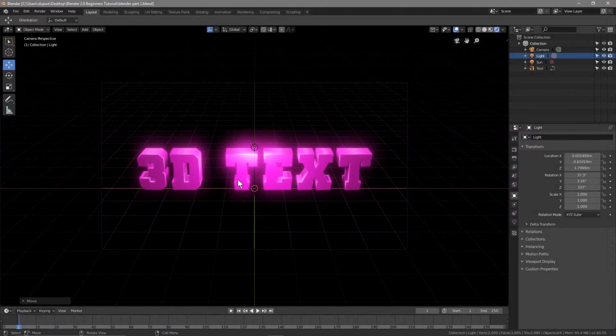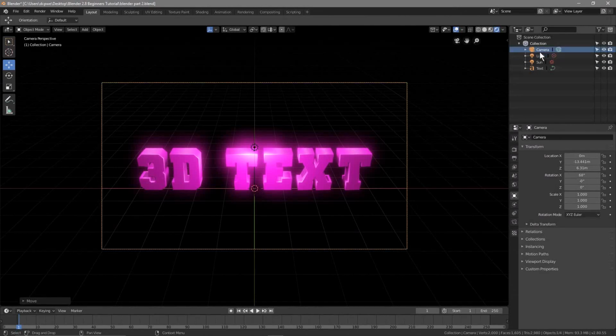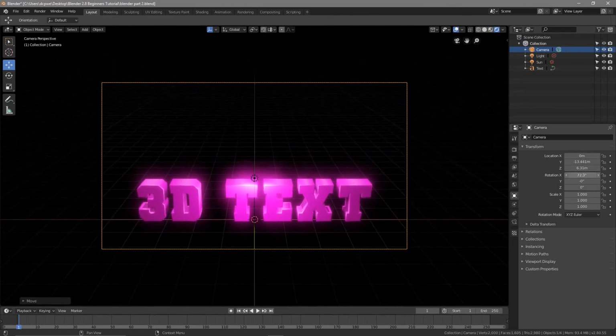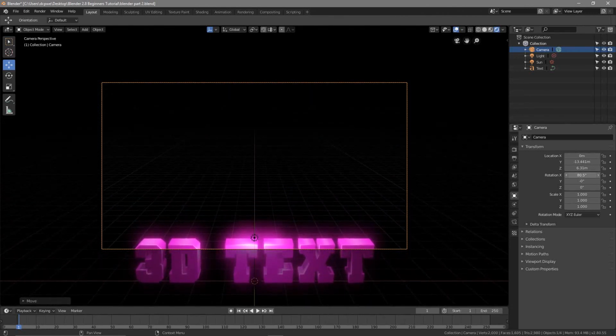I still think the camera is looking at a bit too much of an angle from the top. So let's sort that out. Let's click back on our camera. Sometimes we need to adjust things as we work. So we'll click back on our camera, click back on the object data. We want to rotate this upwards a bit more, so to something like maybe